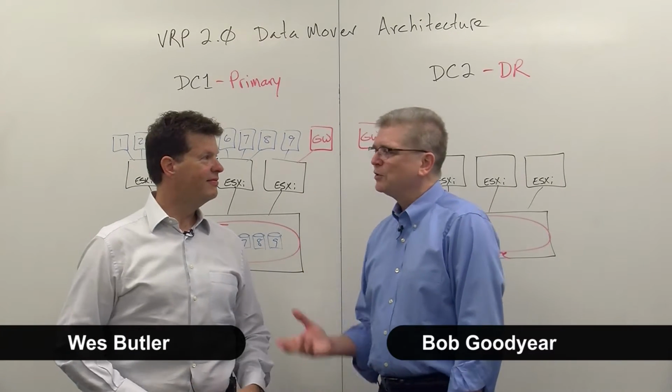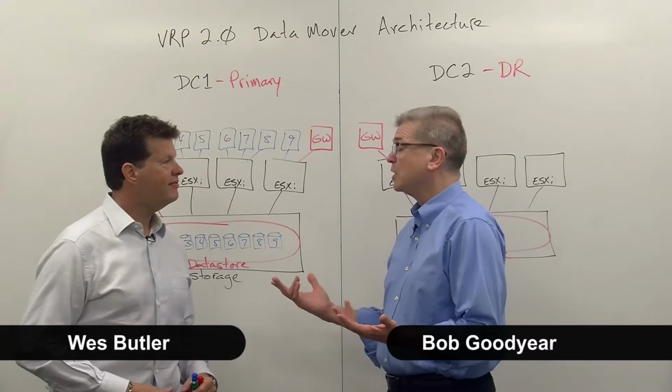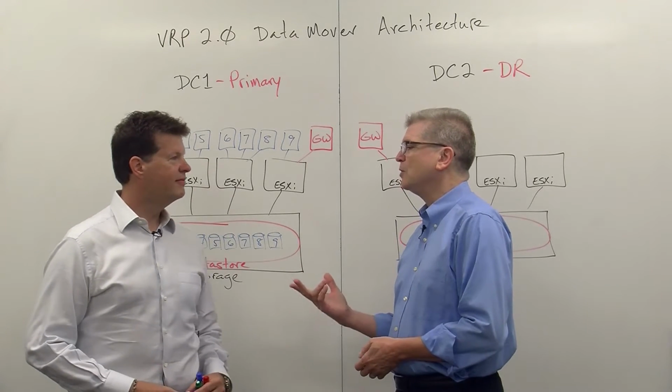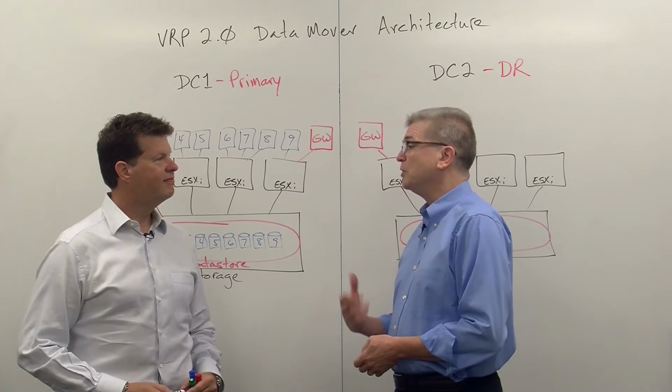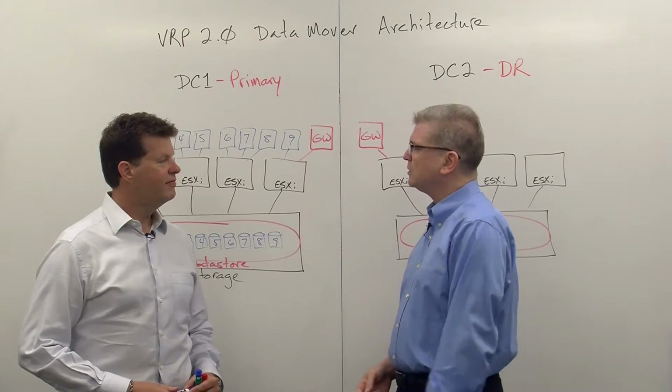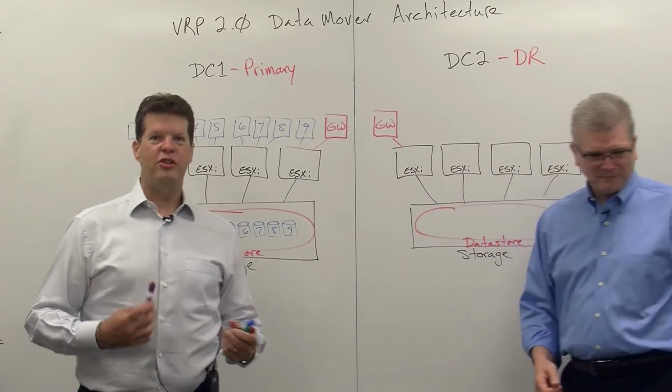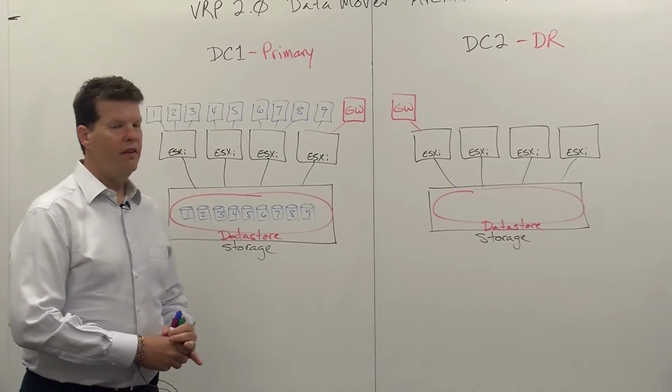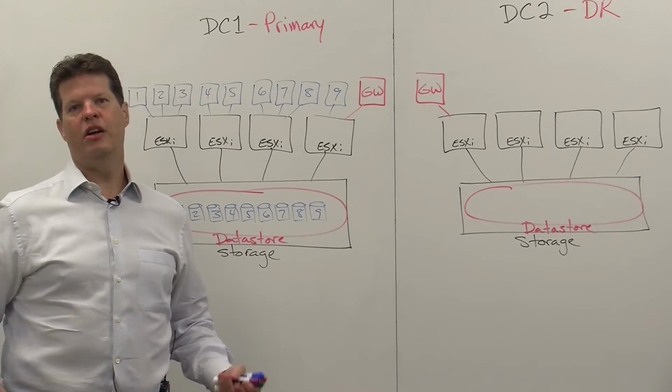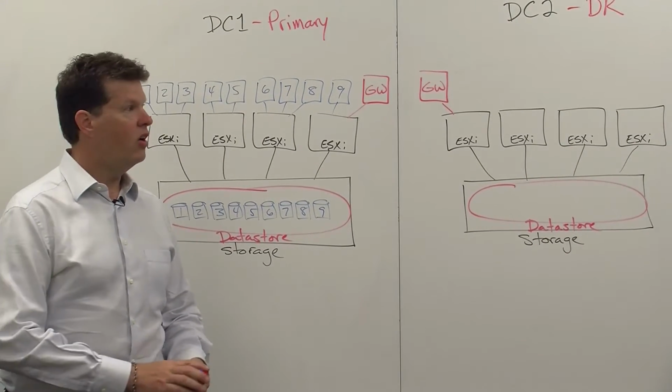Well, Wes, in the latest release of VRP, the Veritas Resiliency Platform 2.0, there's a new component called the data mover. Can you explain a little bit about it? Absolutely. In VRP 2.0, we introduced a new VMware virtual machine replication appliance called the Data Mover